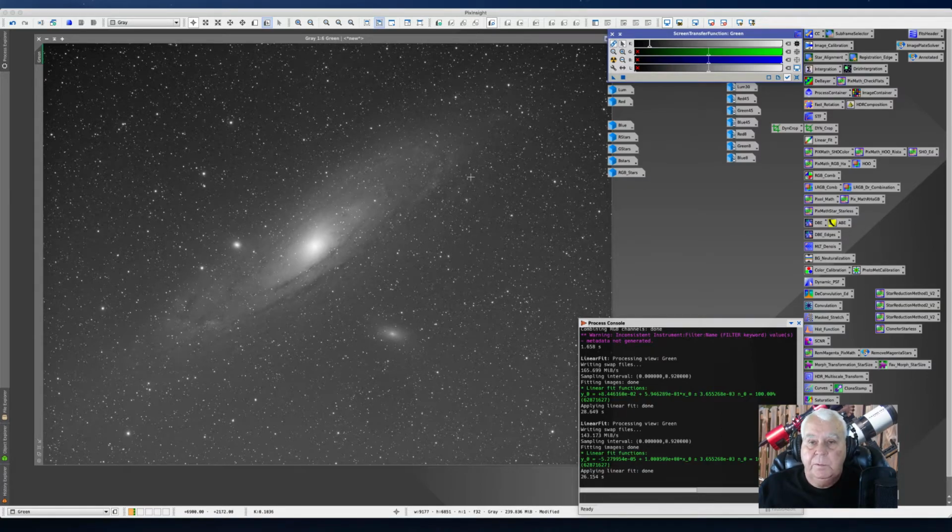there may be more blue signal or green signal or red signal. When you're doing narrowband specifically, there's so much green, and usually you're doing the show palette, so your image is green, that it just dominates because they're all linked. But the reality is you want to balance your channels. So linear fit adjusts all your channels. So now if you stretch,